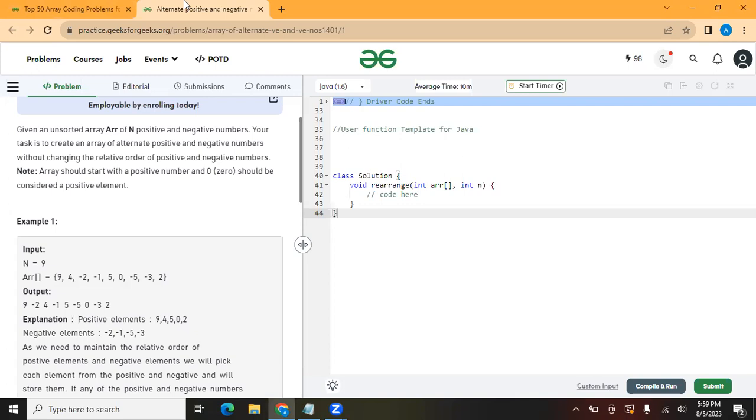Given an unsorted array ARR of n positive and negative numbers, your task is to create an array of alternate positive and negative numbers without changing the relative order of positive and negative numbers. The array should start from a positive number, and 0 should be considered a positive element. Okay, so as we can see in the sample input and output,